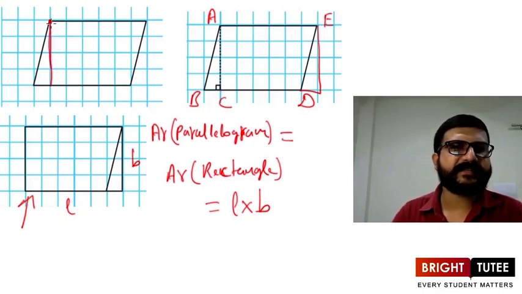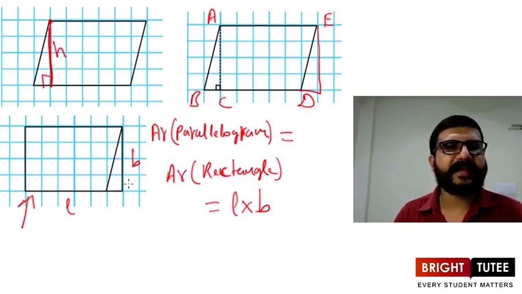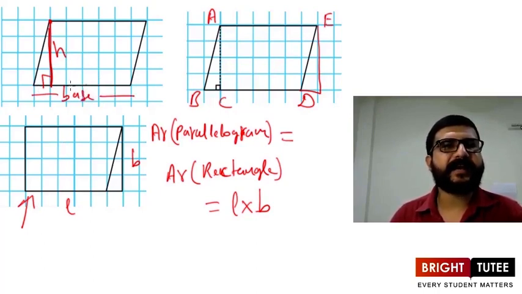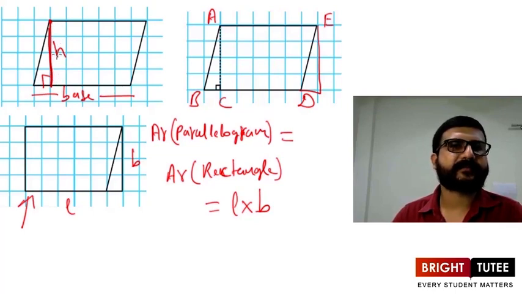This B is basically this length, this much. This is the perpendicular here. So this is height of the parallelogram. And what is L here? This is the base. And this one is height. Now this is the height, and corresponding to this base, this one is the height. This H is the height corresponding to the base marked here. So what we can see from here, area of parallelogram is equal to base into height, or we can say base into corresponding height.